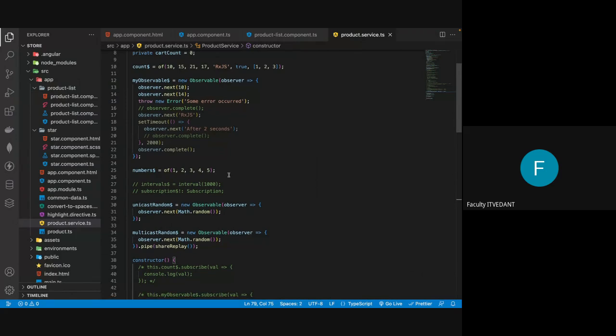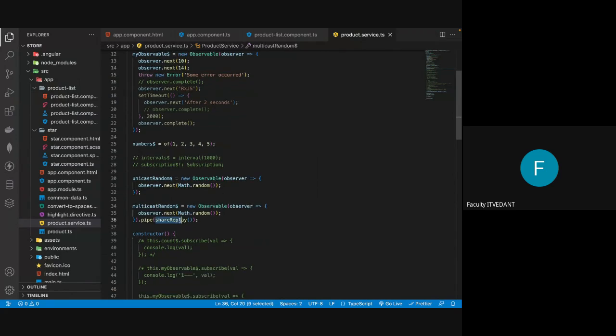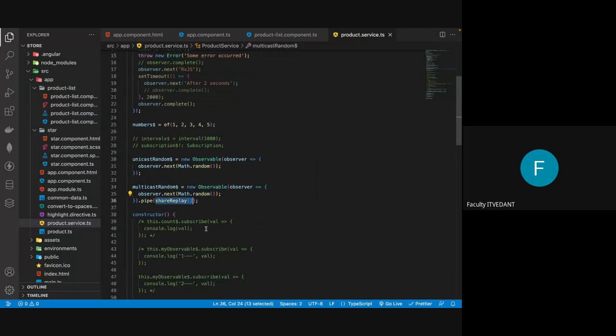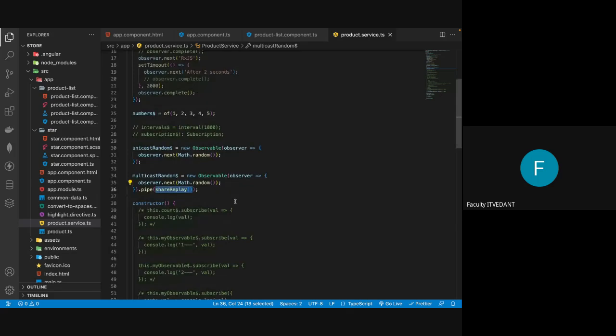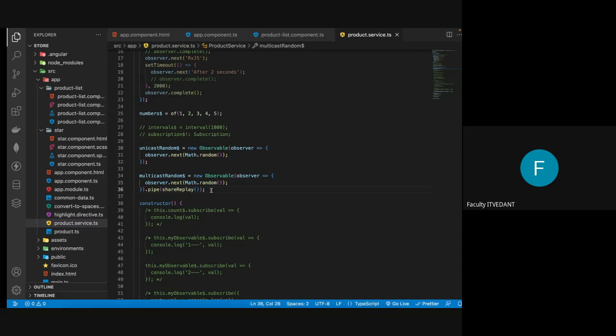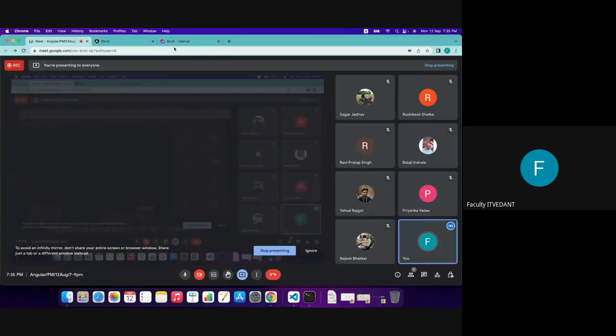That means the shareReplay that we have done internally uses subjects. So subjects are multicasted by default, and your normal observables are unicasted. You can see the definition of